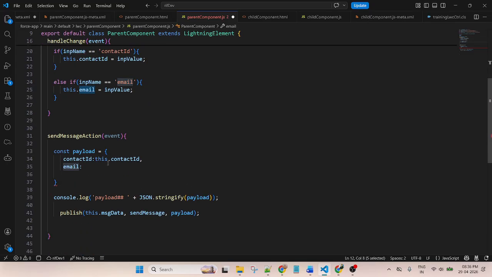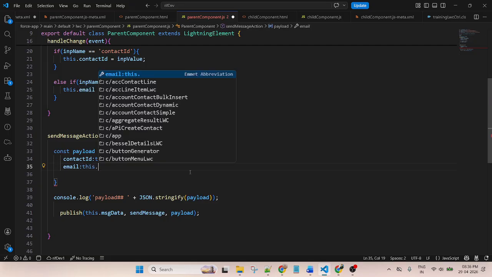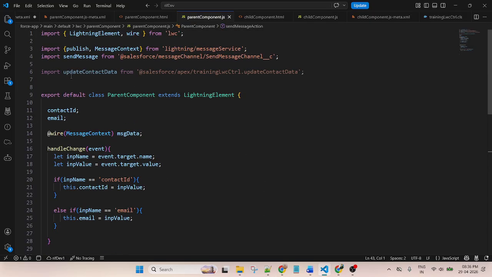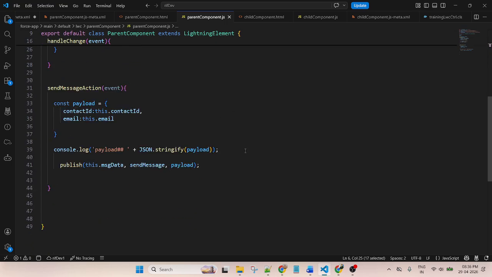So this variable I am passing here. Okay. After that, leave it as it is to check the value. And after that, here I am importing update contact data.